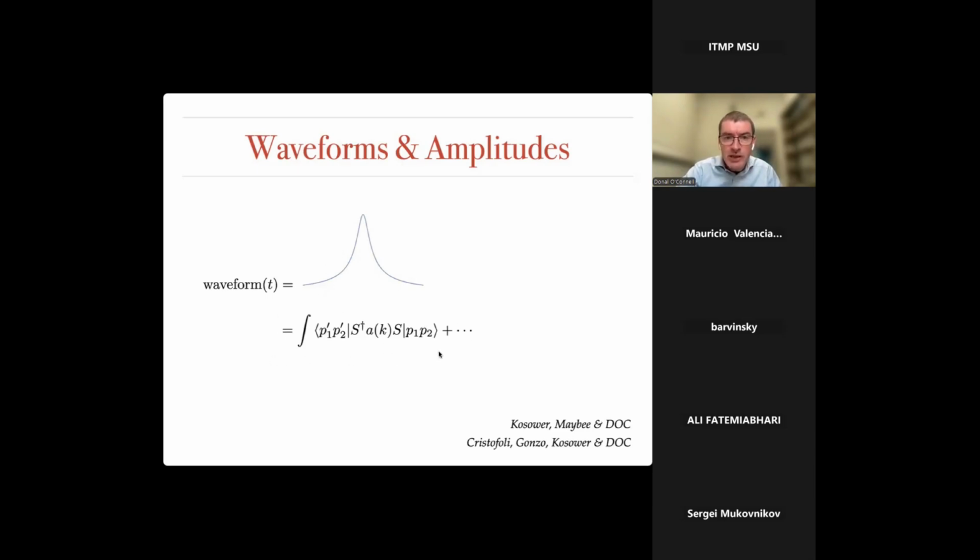This waveform is computed in terms of an amplitude by a formula like this. So there's an integral to be done, and the quantity here is, rather than being a normal amplitude, which would just have an S matrix, a single S matrix, a generalized amplitude because there are two S matrices here. Now, I'll spend some more time discussing the connection of this to the usual amplitudes in a moment.